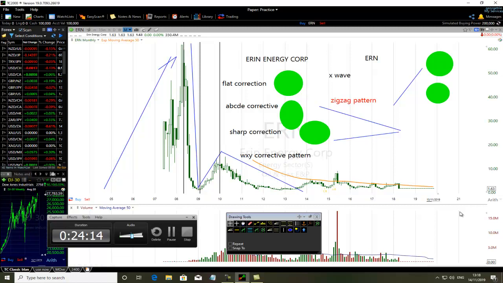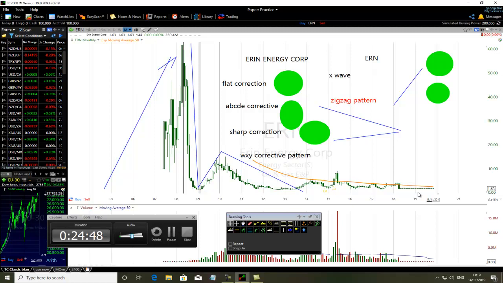Don't feel discouraged if you see a flat correction or ABCDE or S wave, this corrective wave, considering that there was a proper trend here. If that was the case, this will be a zigzag pattern. The A part of the zigzag pattern is a sharp correction, then we have the B followed by the C. Normally, the structure of the zigzag pattern is a distinctive